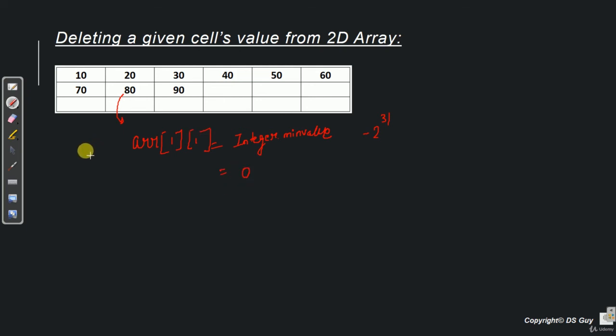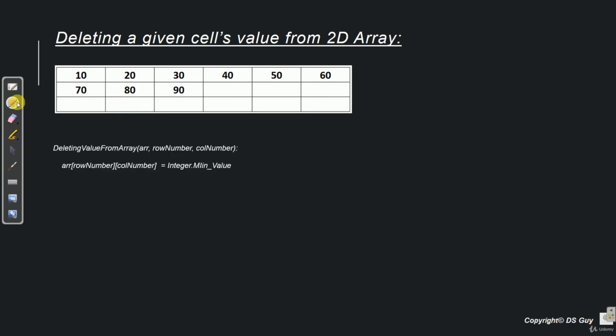So now let's see what the algorithm looks like. The algorithm is extremely simple. The name of the method is delete value from array. It takes array as an argument and the row number and column number from where the value needs to be deleted. Then it says array row column is equal to Integer dot minimum value.